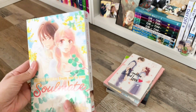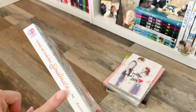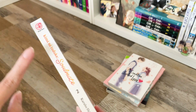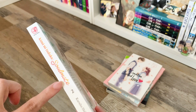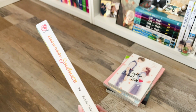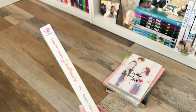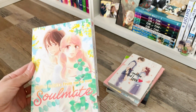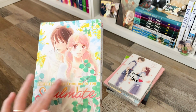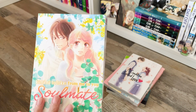But just plugging along with this one, I was really surprised when I received this that the spine, the title text was yellow and kind of pink, because the first volume is like red and light pink. So I'm really curious what the Volume 3 is going to look like because I want them to match on the shelf,